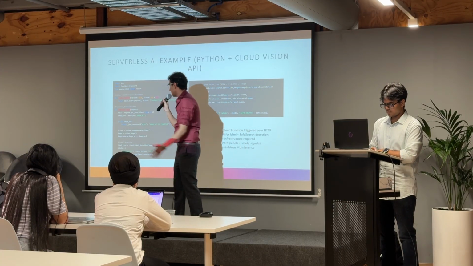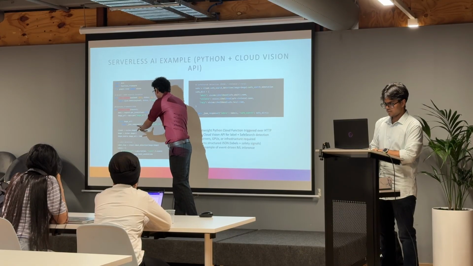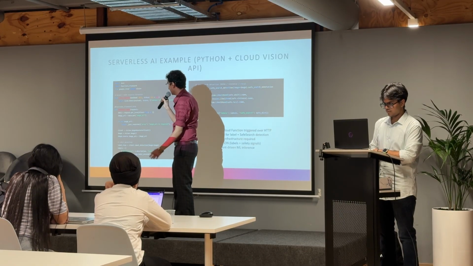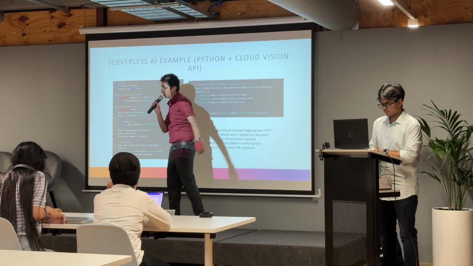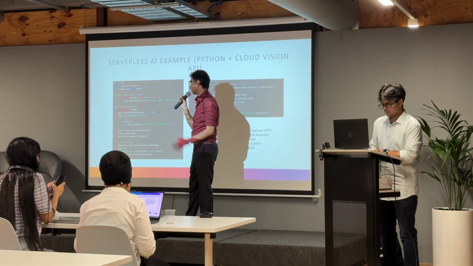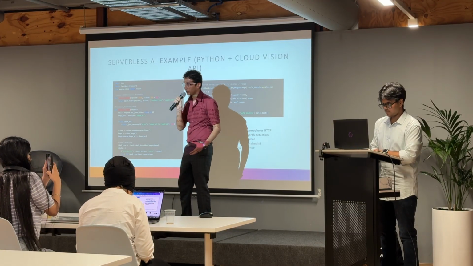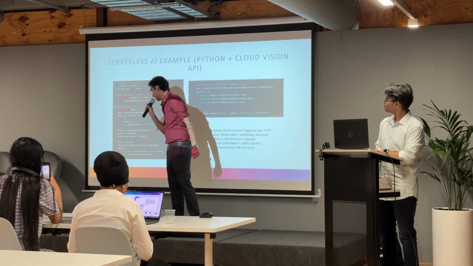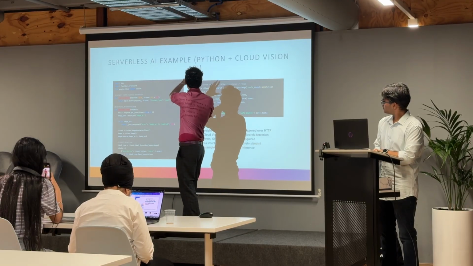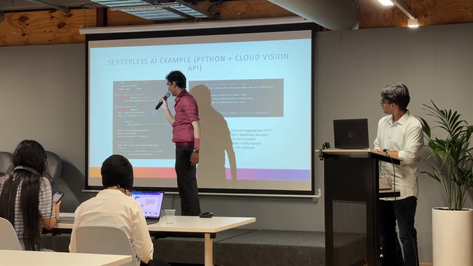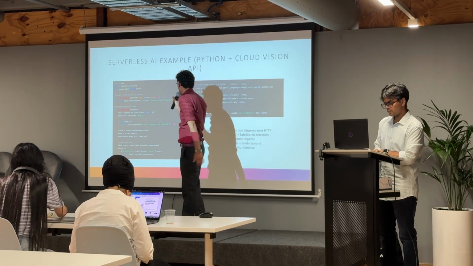We create a client to hold that API, and then image equals vision.image. What that does is create an empty container where you can hold the source image URL, and then that calls the Cloud Vision API, and that is used for label detection,